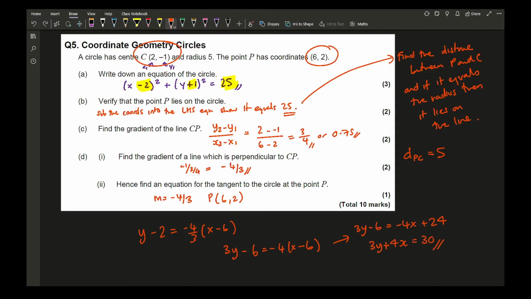equals 30. And again, there's no particular way of how they want me to write the answer. So anything along those lines would be absolutely fine. If anything, you may even get a mark just for writing this. So any correct formation of the line, so if you've gone that little bit extra and gone all the way to simplifying it, then that is going to be absolutely fine. Like I said, this would get you full marks, but there's always a risk. It's always worth checking. But for 1 mark, if you've got time to do it, do it. If not,